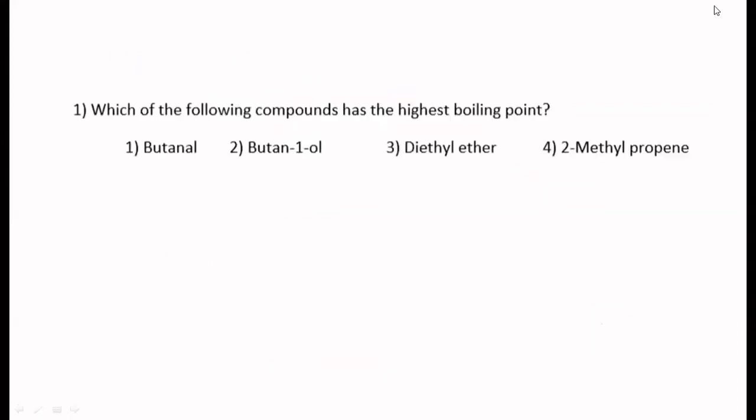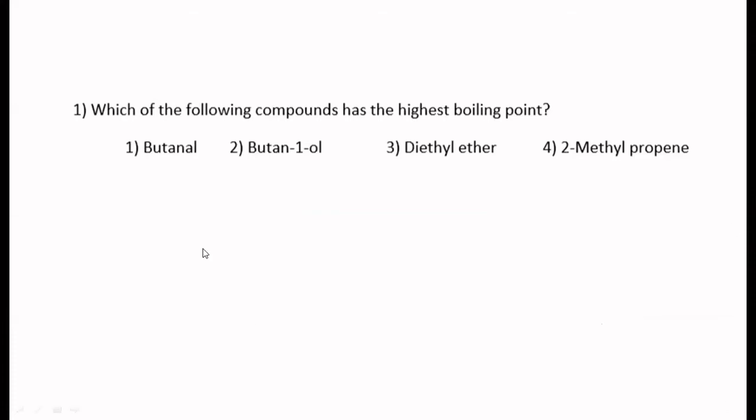Now we shall take up some questions. In the next session, there is one more session for this. I will be taking up some special reactions and I will explain those reactions. So this is about methods of preparation. Now we shall take up some questions based on this chapter.